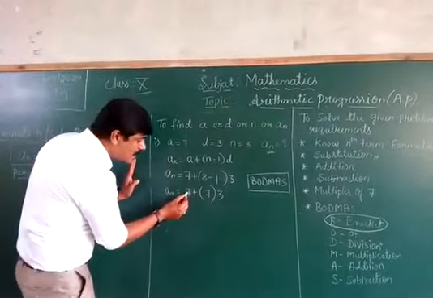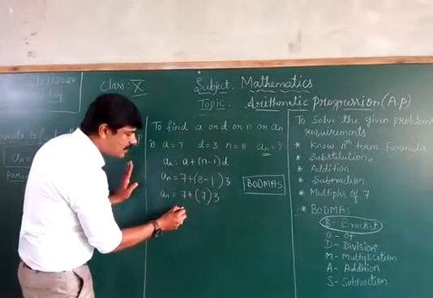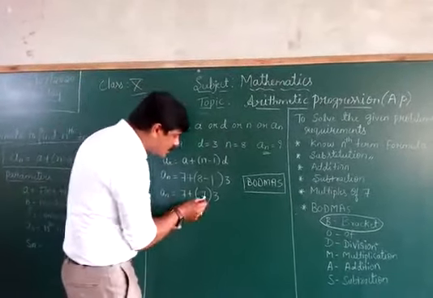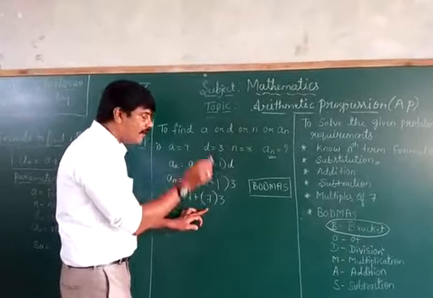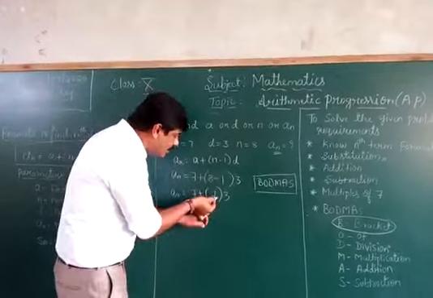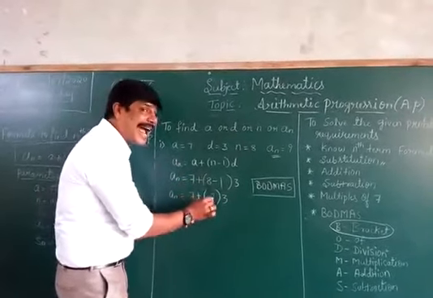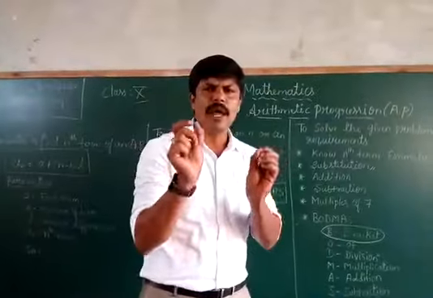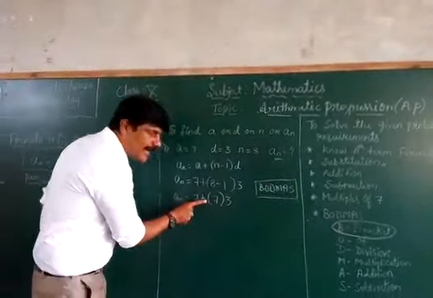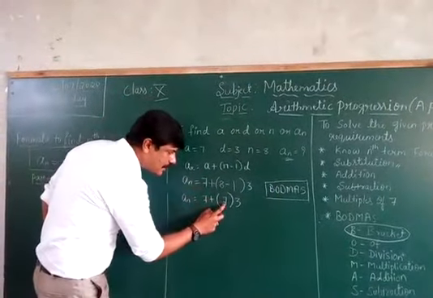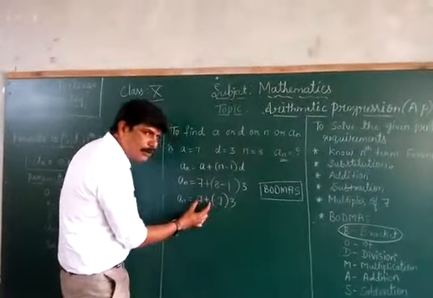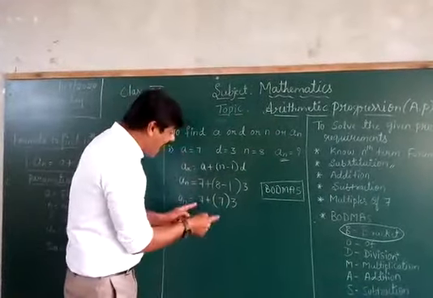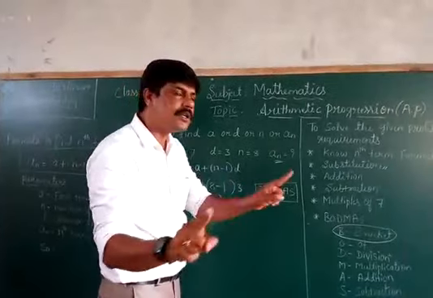Very, very important: 7 plus 7 is equal to 14, I should not write it, because multiplication is there. The bracket sign is there. Bracket is nothing but multiplication. First, I have to do multiplication and then I have to add. I should not add and then multiply. Very, very important thing, don't be confused here. According to BODMAS, I have to multiply first and then add. If I add and then multiply, the problem becomes wrong.